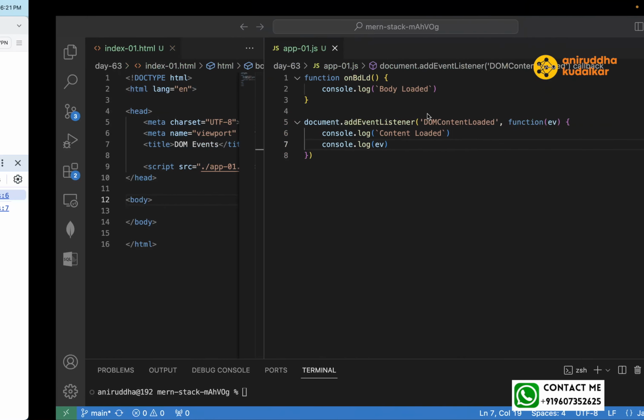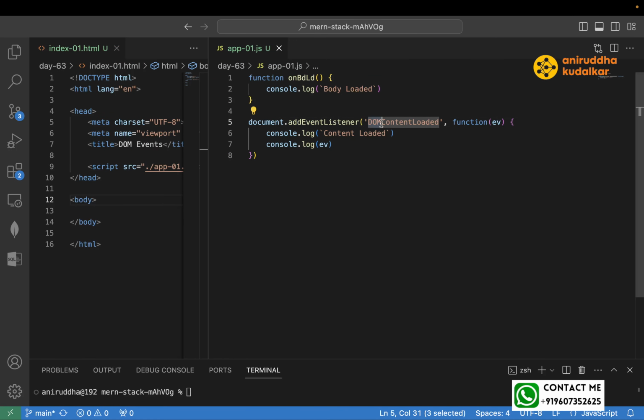What do you mean by DOM now? Document Object Model is nothing but what? DOM. What do you mean by DOM? We have seen the definition of the DOM. When you say DOM, whenever the complete HTML loads into your browser, whenever your HTML loads into your browser,